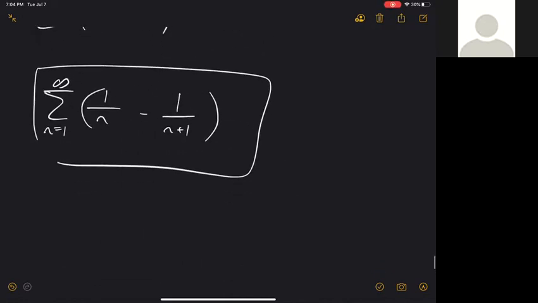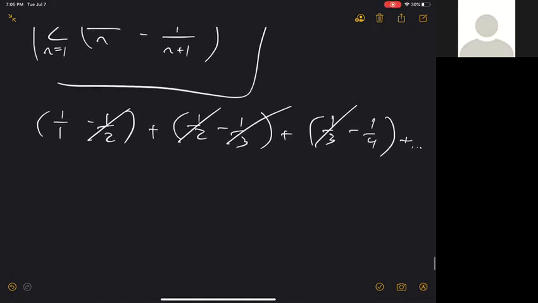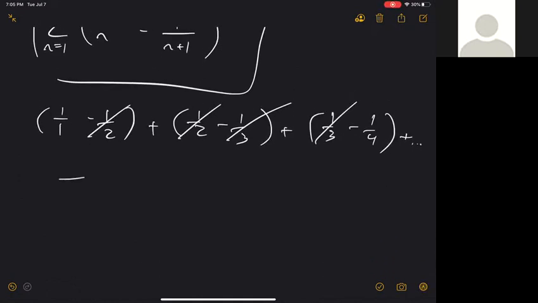If I plug in 1, the first term would be 1 over 1 minus 1 over 2, right? And then I add to that the next term, which would be 1 over 2 minus 1 over 3. And then I add to that 1 over 3 minus 1 over 4, okay? And so on. If I drop all the parentheses, I would see all these cancellations. This would cancel with that. Minus 1/3 would cancel with plus 1/3, and so on. So if I consider the first k terms,